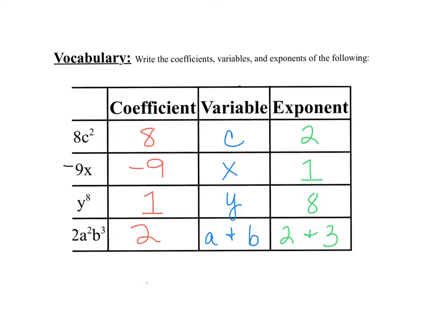All right, so how'd you do? Okay, so a couple of the ones I want to point out: if you don't have an exponent at all, if there is no exponent, it's always a 1. So the other commonly forgotten thing is if you don't have a number in front of your variable, then we always know that the coefficient of that is actually a 1, but we don't really have to write it. All right. Okay, so moving on, since we know what coefficients, variables, and exponents are,